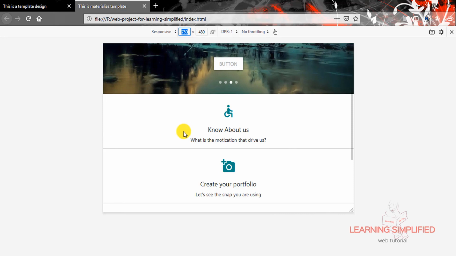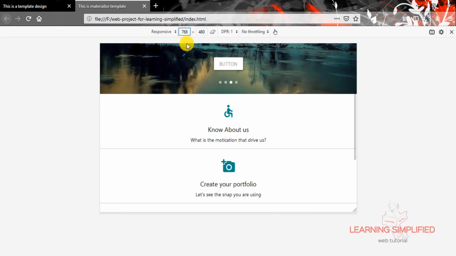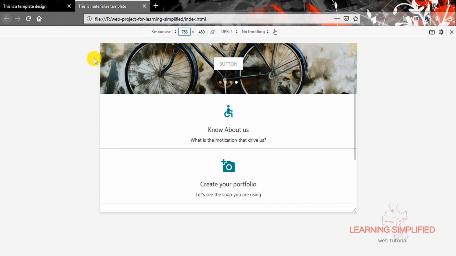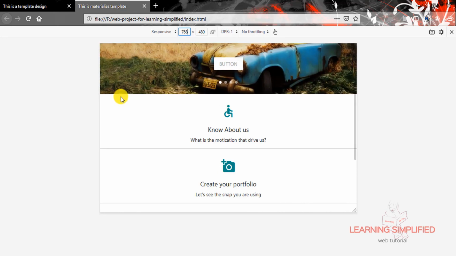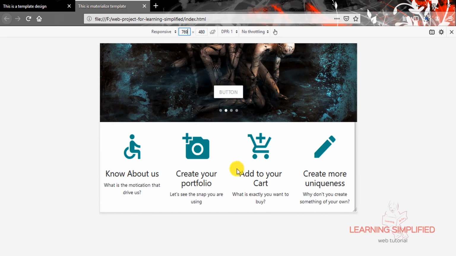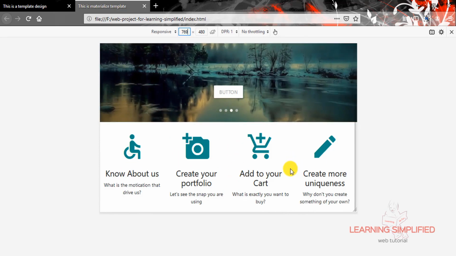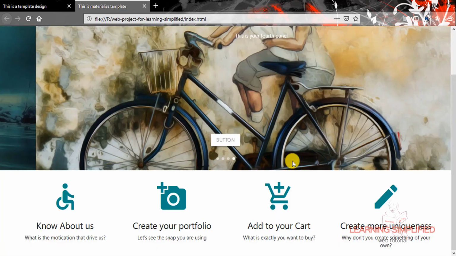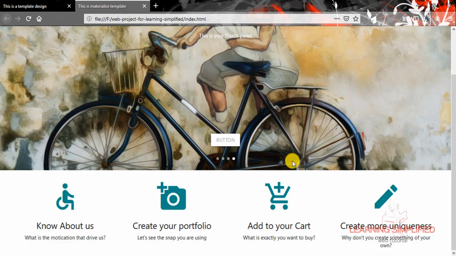But beyond 768 pixels, up to the 768 pixels, everything is right back into its position. Everything is centrally aligned into a block view, into a block display. But beyond that, you may see that the horizontal display is back into its position. So we have successfully made our contents device specific. We have put them into a device specification.